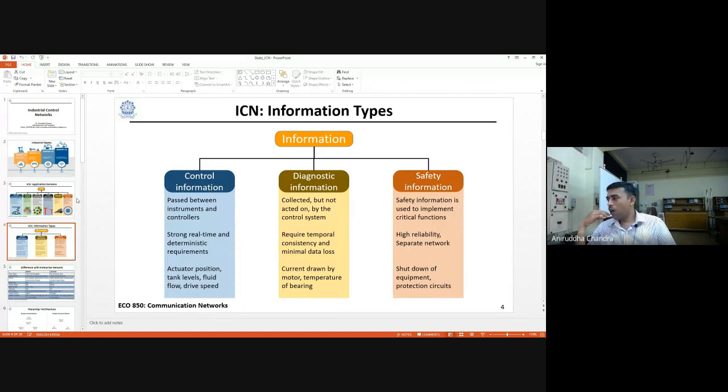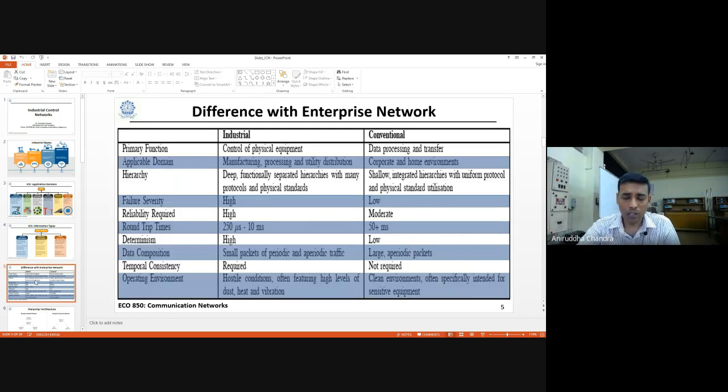Okay, now this is giving you some glimpses of how an industrial control network deals with different kinds of information. Let us now try to compare with an enterprise network, for example, an intranet in an office, side by side. So the next slide is about that. If you look at a network in a company, like a software company, and if you look at a network in a factory, how they are different. So the same solutions do not exist in both cases. If you are working for TCS, then probably you will be dealing with a different network. If you are working on the ground site of Alstom, then probably we are going to require a different network. That difference is going to be described in the next slide.